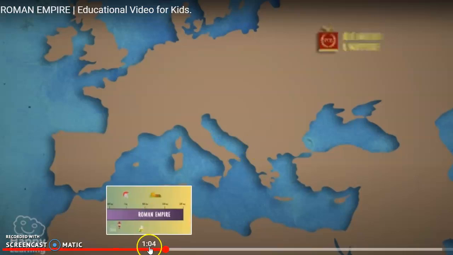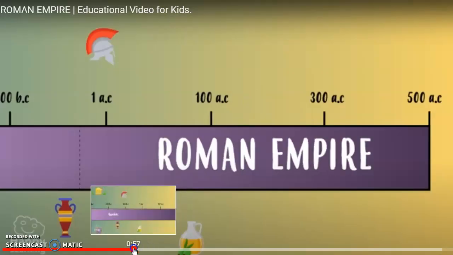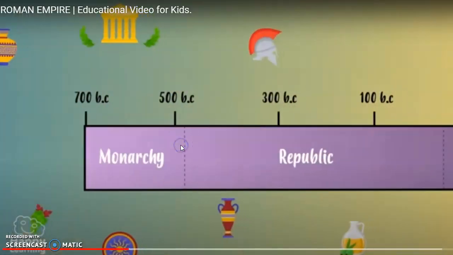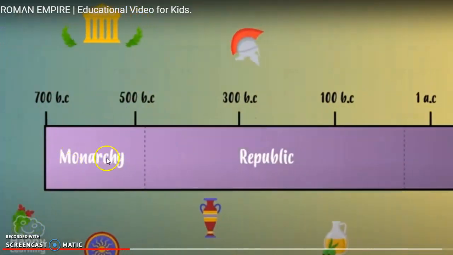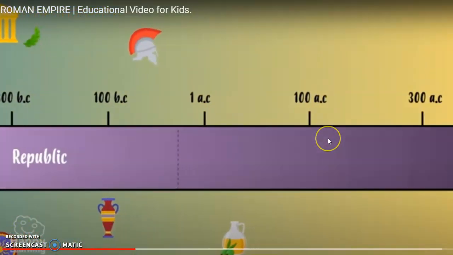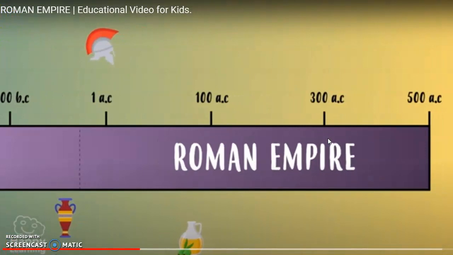Okay, so I will put this again. They are showing you here the dates. Look, 700 BC, yani before Christ, up until 500 BC, there was a monarchy, as you see here. After the monarchy, we had a republic. Republic means a group of people that make a decision. Look at how much lasted, several centuries, until about 2,000 years ago, when? And then when